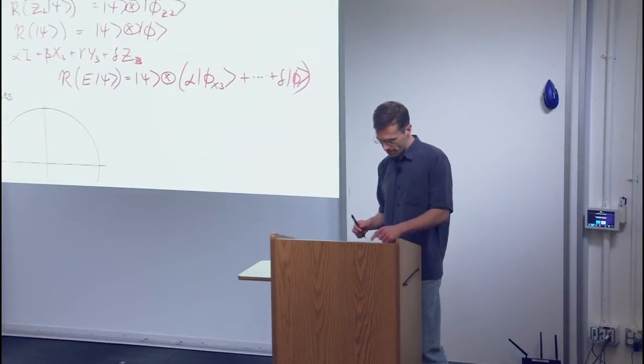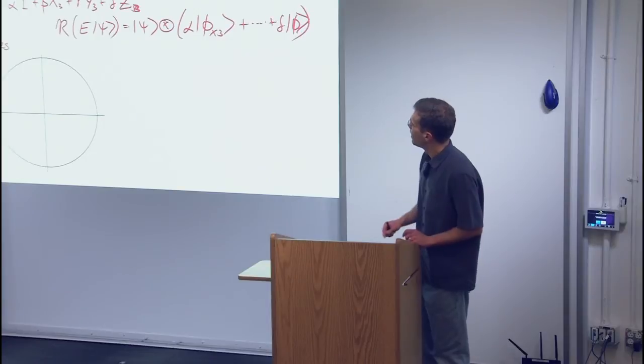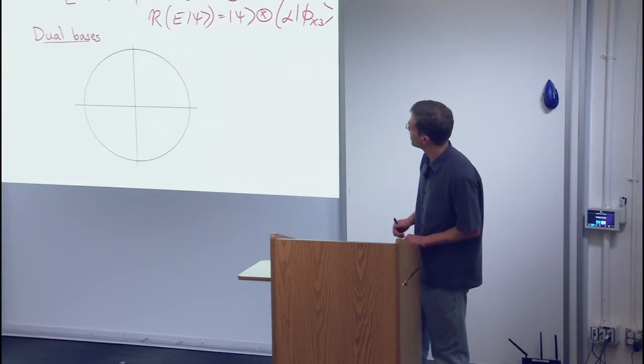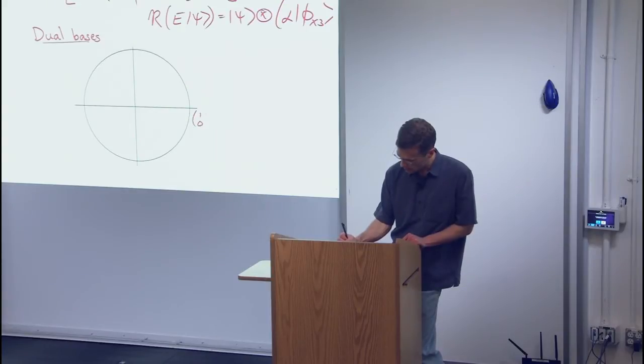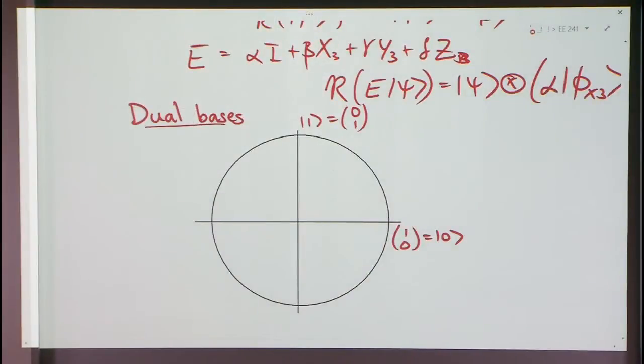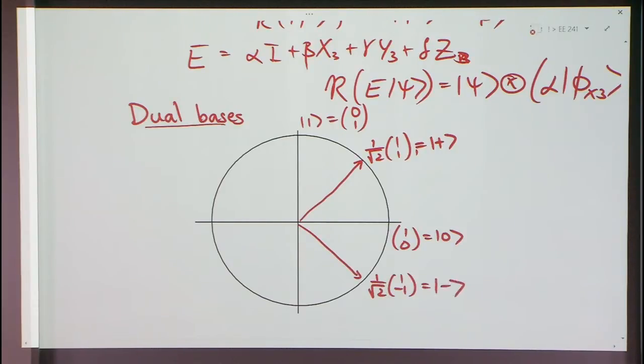All right. So let's just draw a nice picture. Here's one qubit. Here's ket 0. Here's ket 1, which is (0, 1). And there are two other states that are useful to remember sometimes: 1 over root 2 times (1, 1), which is sometimes called ket plus, and 1 over root 2 times (1, -1), which we call ket minus.